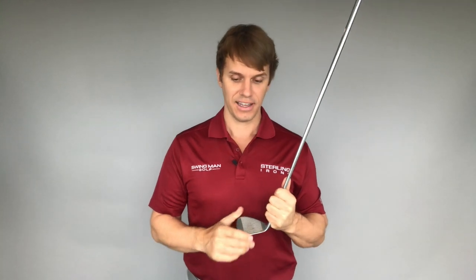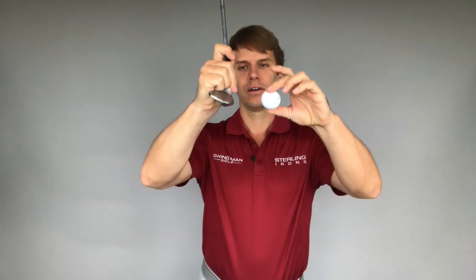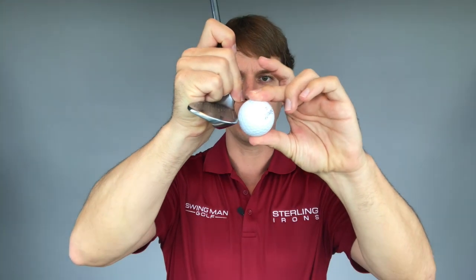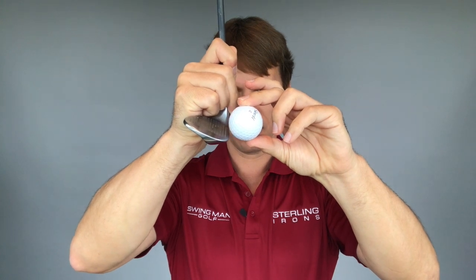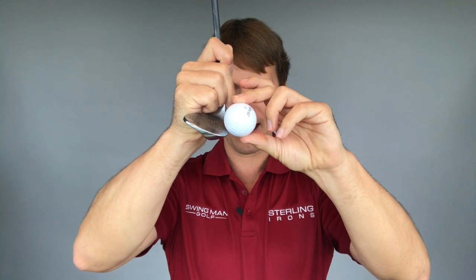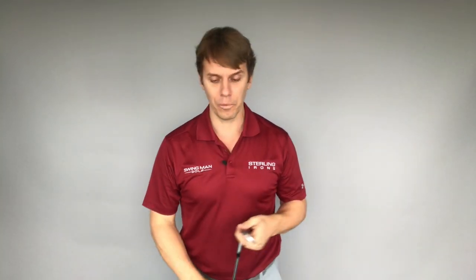And you can even almost skull it. So skulling it, I would say, is where you're bringing the leading edge of the club right into the ball here, and the ball just takes off and goes flying. So normally you maybe want to get under it a little bit, but you could be towards the bottom half. So you get half of the ball imprint on the bottom of the club. You can even go that low. So it requires a little bit of precision ball striking to do, but